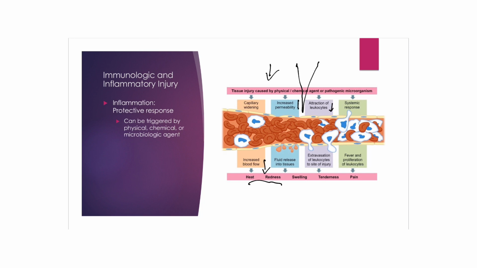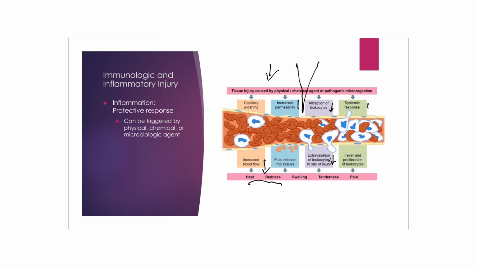It's going to attract leukocytes. Leukocytes are white blood cells. You'll get some extravasation of leukocytes to the site of injury. Extravasation means it's leaving the blood vessel. We talk about extravasation when we're starting an intravenous catheter, an IV line, and if you have extravasation there, it's because you're getting the fluid from the IV bag or from your flush outside of the blood vessel into the tissues. Same idea here, where the blood is leaving the blood vessel and going into the tissues, and specific parts of the blood, in this case, white blood cells, leukocytes.